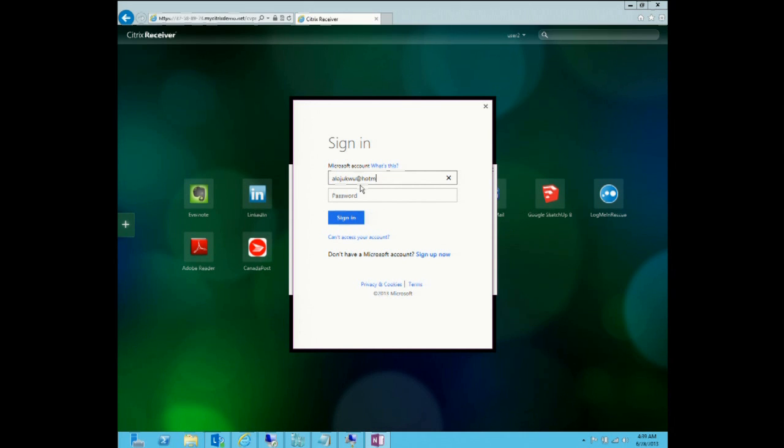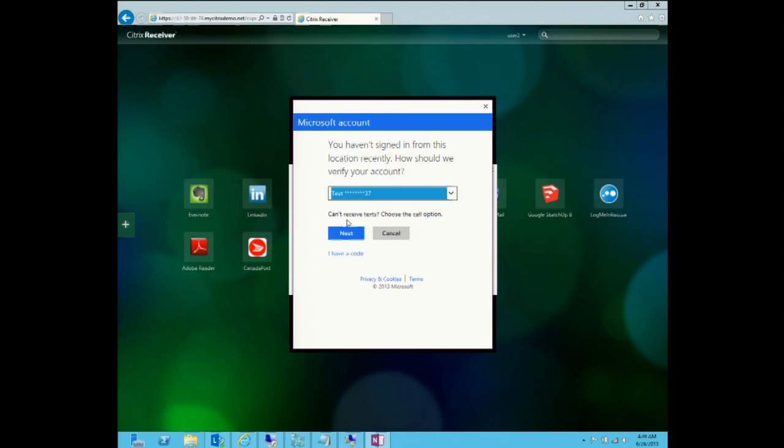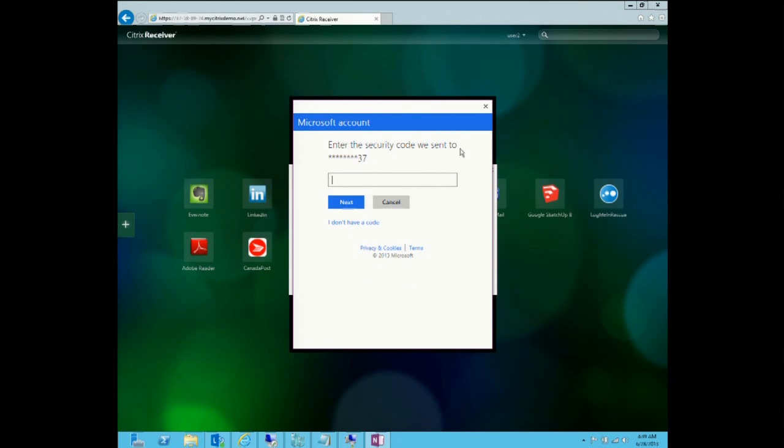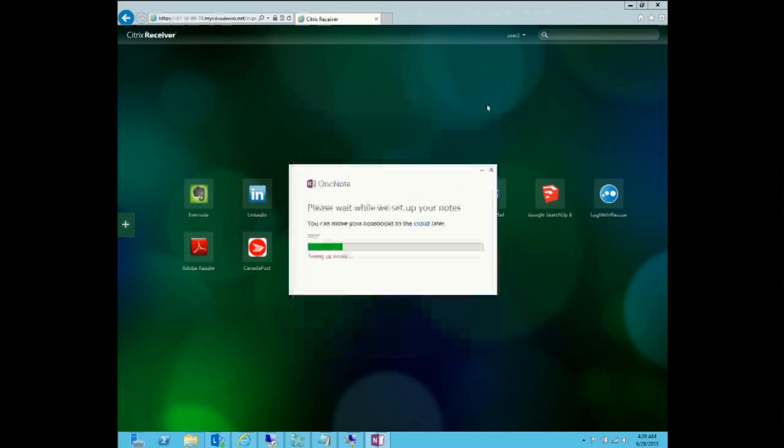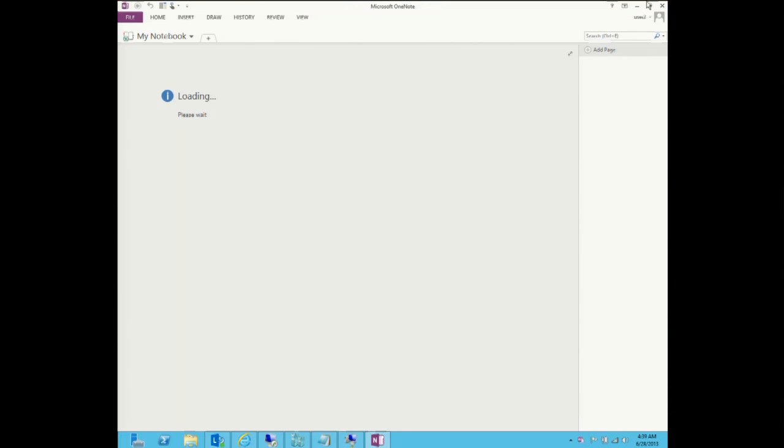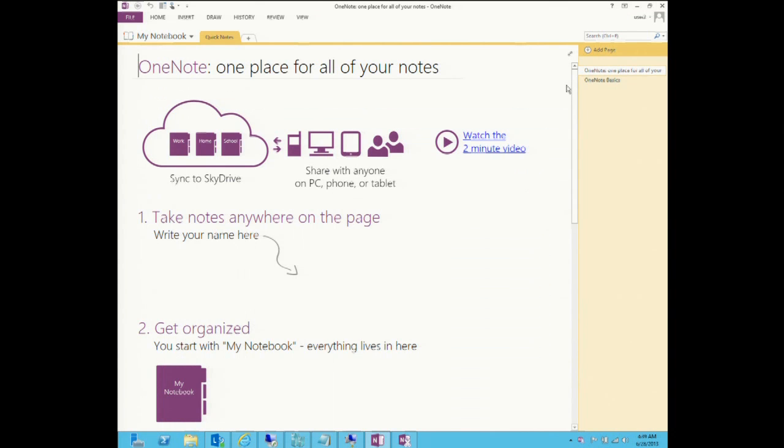And manage the devices, so you can control which applications are going to that bring your own device. In addition to that, you have the ability to roam those settings from one system to another when you combine it with other application settings. So my account isn't available yet, but here you have access. It's running on the system itself, and it's being pulled from the Citrix environment.